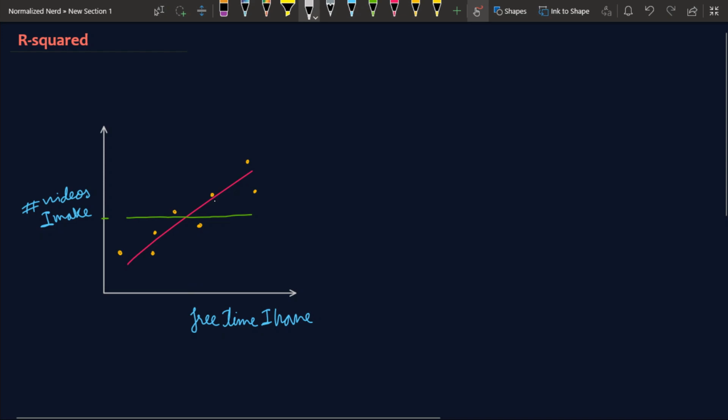And say after doing the least square method, we have found this red line. So how can we define a model for this red line? Well, we can write it something like that: y is equal to beta x. And how will we be able to find the beta? Well, we can just add a term epsilon, which basically refers to the error term, and if we change the sides, then it will become y minus beta x equal to epsilon. And if I just square the epsilon, we will have (y minus beta x) squared. And if we use the least square method, then we will be able to find this beta,